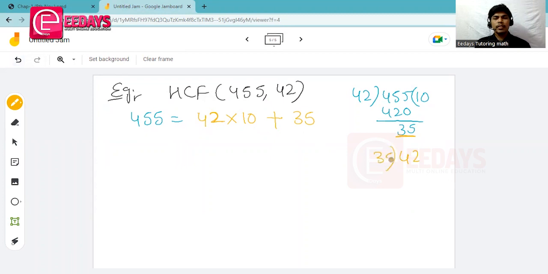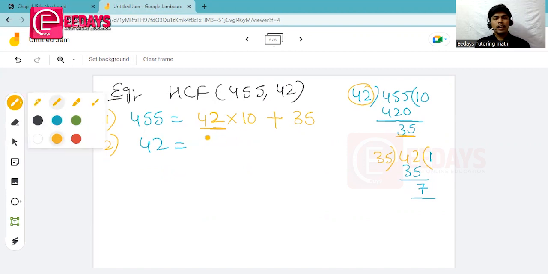42, we just divide with 35. Now you can write 42 here. We need to find the divisor here. You can take the divisor. This is the first step, now the second step. So we just write the 42. Now 35 ones are 35. You'll get 42 minus 35, you'll get 7. Now the same format you can write it here. 35 ones are 35, and the remainder you got is 7. Now it looks like